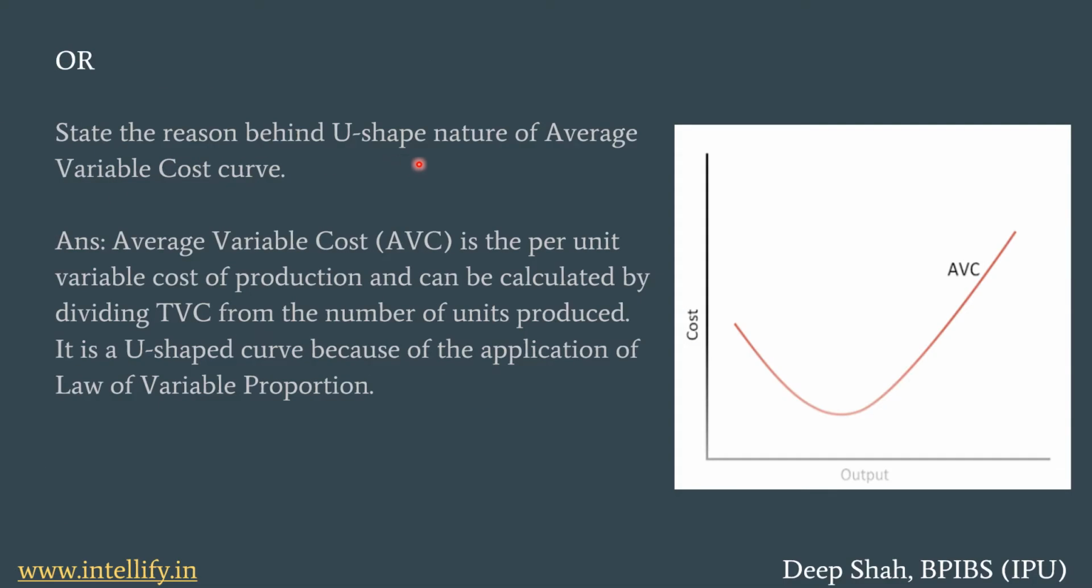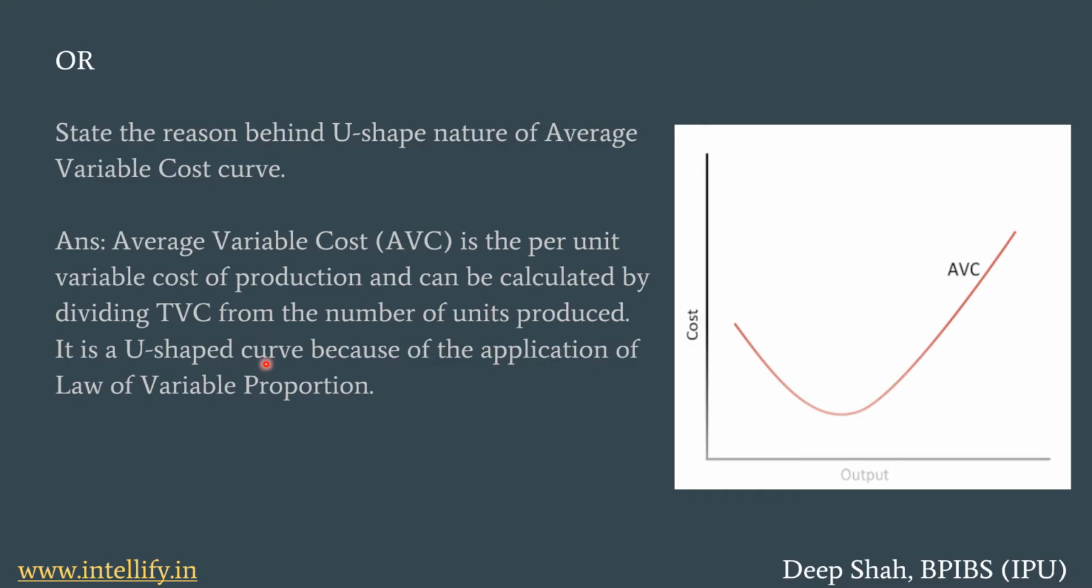State the reasons behind U-shaped nature of average variable cost curve. Answer. Average variable cost (AVC) is the per unit variable cost of production and can be calculated by dividing TVC by the number of units produced. It is a U-shaped curve because of the application of law of variable proportion. So in the diagram we can see the U shape of average variable cost curve. So this answer is enough for a 1 marker question, but for explanation we can say that due to the